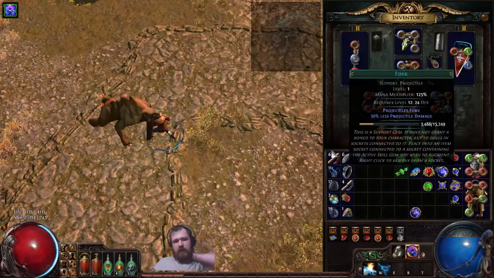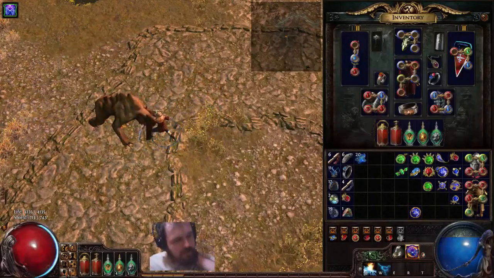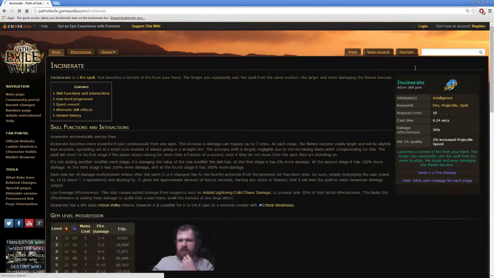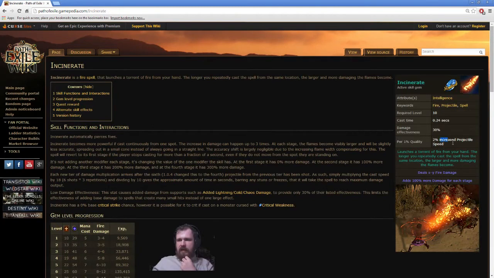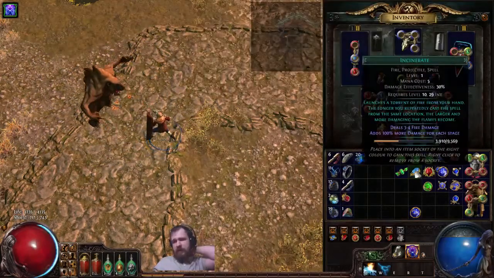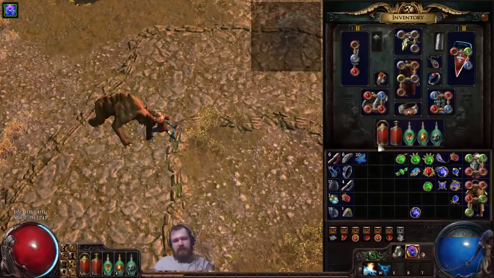I'm not entirely sure what the quality is, but we can always check that out for you. Yeah, and projectile speed. Projectile speed's really good with it, so getting that quality Incinerate is probably super important. So I would do that too. Otherwise, as far as skills go,